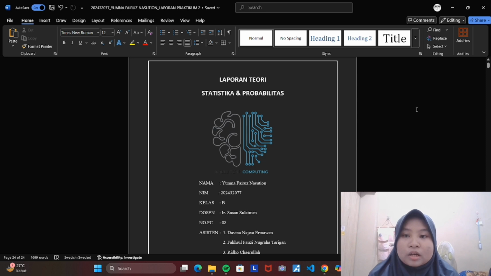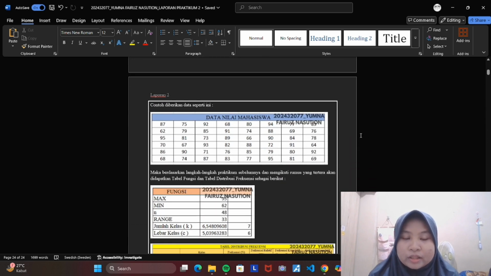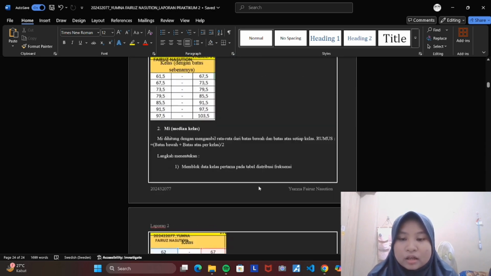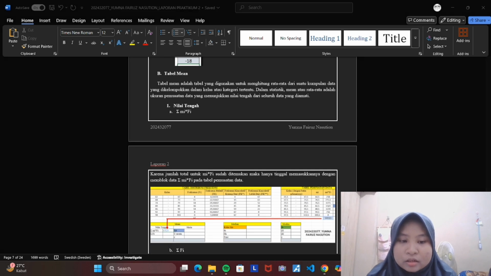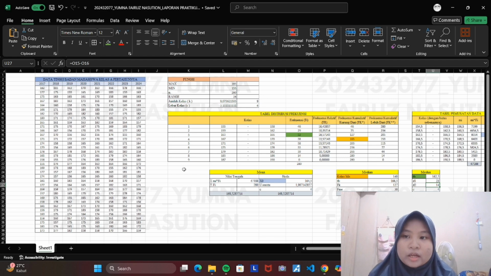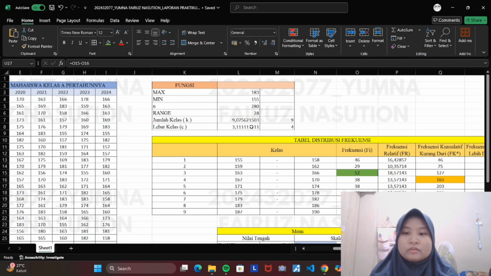So now I'm going to report my second practice report. This consists of the theory report, which I explain with another sample. The theory consists of the tabel bantuan pemusatan data, and then I also made the median table and the modus table. I'm not going to have a live session report, but I'm going to explain the numbers that I get from this data. So if we follow up from the first theory report,